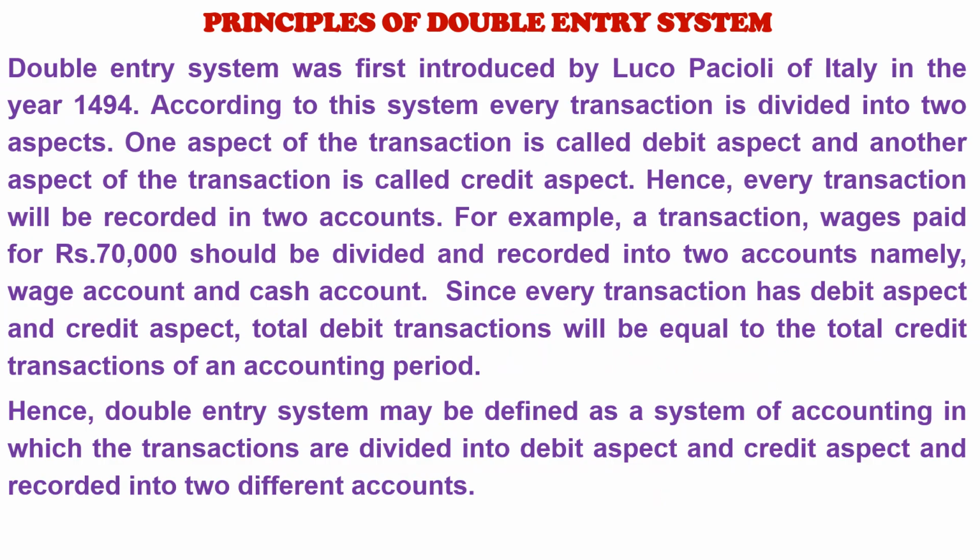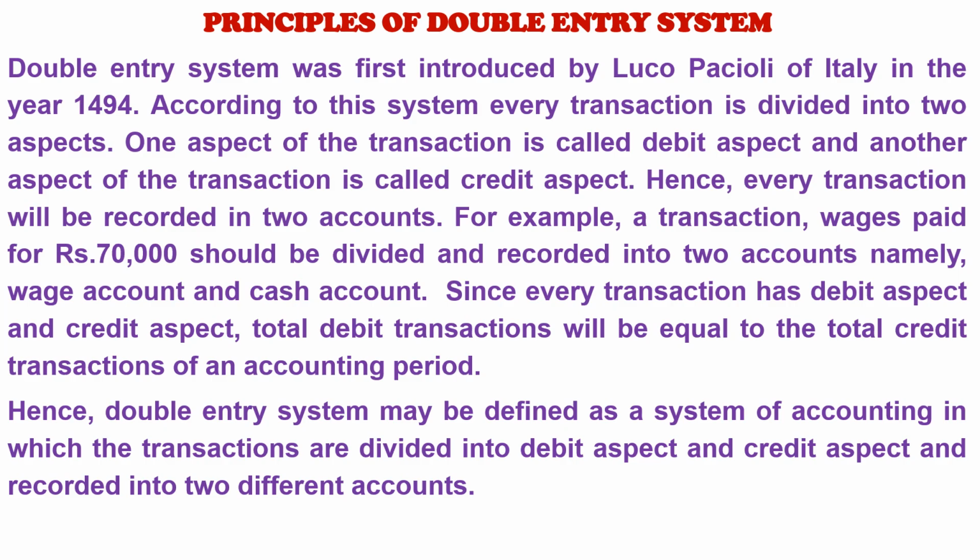Principles of Double Entry System. Double entry system was first introduced by Luca Pacioli of Italy in the year 1494. According to this system, every transaction is divided into two aspects. One aspect of the transaction is called debit aspect and another aspect of the transaction is called credit aspect. Hence, every transaction will be recorded in two accounts. For example, a transaction, wages paid for 70,000 rupees, should be divided and recorded into two accounts, namely, wage account